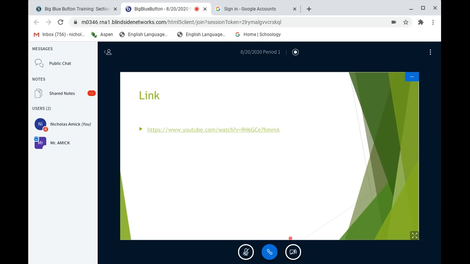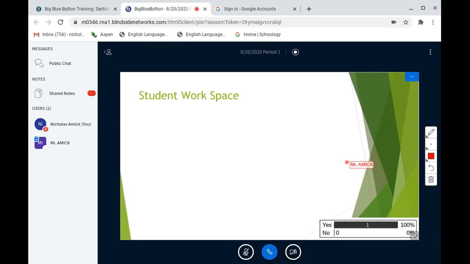They'll point out things for you. But what I want to show you is a tool called the multi-user whiteboard. Sometimes if we're doing something collaborative within the class, the teacher may turn on what's called the multi-user whiteboard. Now, the multi-user whiteboard is sort of a neat thing. When it's turned on here, you can see that all of a sudden, I have all of these different options